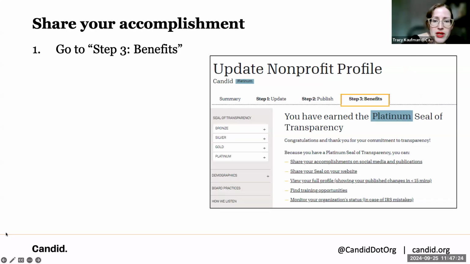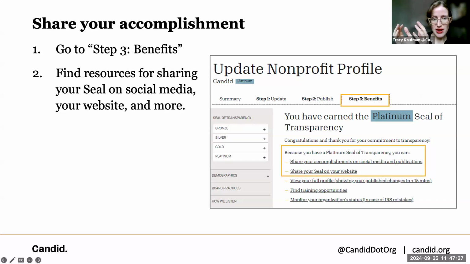Once you have published, you can go to the benefits section afterwards, and you'll have a dedicated link to your profile that you can share wherever you want. You could tuck it into your grant proposals or your fundraising appeal letters. You can put it on your website. You can post it on social media, put it in your newsletters, wherever you want. So this way you can spread the word, come check out our profile, see all this information. And it makes you look so good. It makes you look credible. So that's kind of a nice thing that you can do.